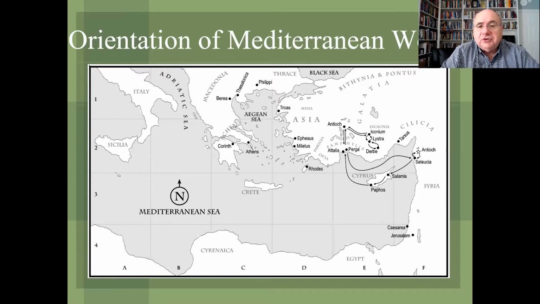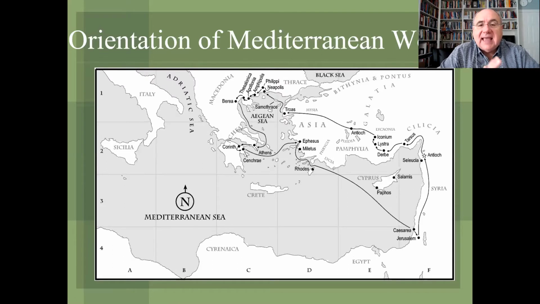Now we come to a crucial chapter in the book of Acts, which is Acts 15. And in Acts 15, because of this issue about how does one become a follower of Jesus, do you have to become Jewish first? They make their way to Jerusalem for a conference, and this is called simply the Jerusalem Conference. They come back to Antioch, and on the way back to Antioch, Paul and Barnabas talk, and Paul is